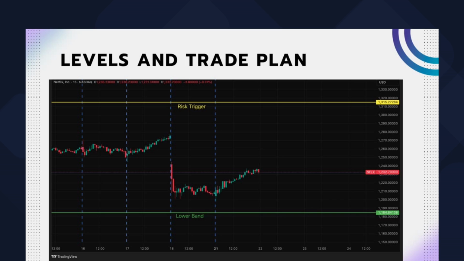If we look at the price, now let me open a Netflix chart. The price now is 1,203. So Netflix is approaching our lower band, right? We are a few, 20, 30 points or $20, $30 from that lower band. That lower band can be your support area, can be your stop loss area, can be used in many, many different ways. But this is important because we are using data to potentially